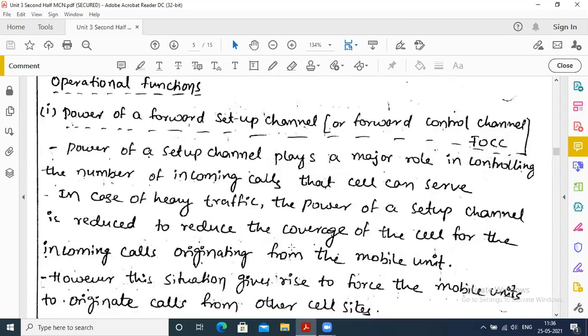The power of a setup channel plays a major role in controlling the number of incoming calls that a cell can serve. In case of heavy traffic, the power of a setup channel is reduced to reduce the coverage of the cell. However, this situation forces the mobile unit to originate calls from other cell sites.